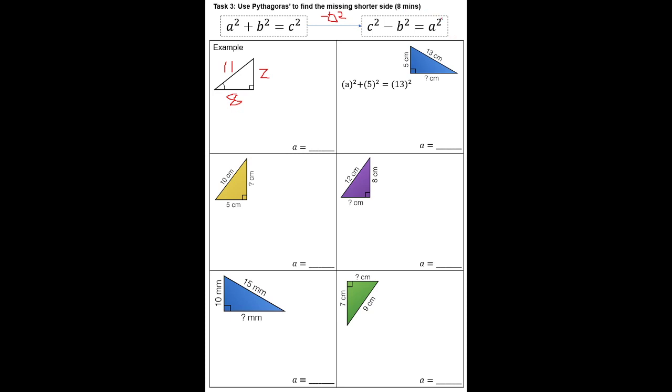And what this means is, if you know this iteration of the formula, I should say, then you can find any shorter side. So when you're looking for a shorter side, take away the square of the known shorter side from the square of the hypotenuse, and then square root. Very similar to what we were doing before. So I'm going to do 121, which is 11 squared, that's my c squared, take away 64. So 121 take away 64, that's going to leave me with